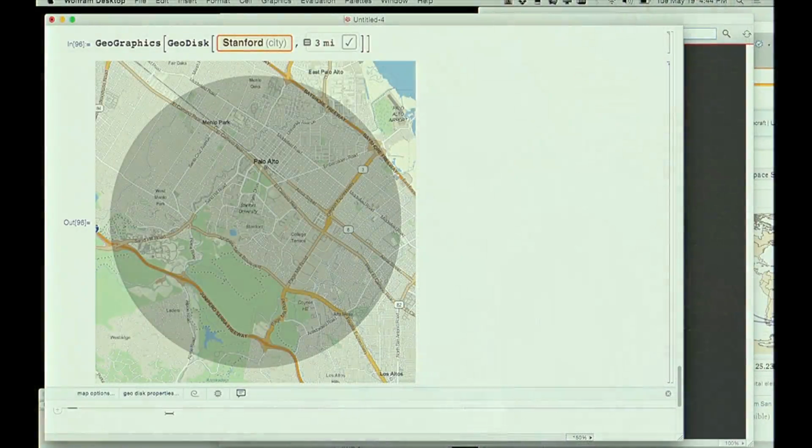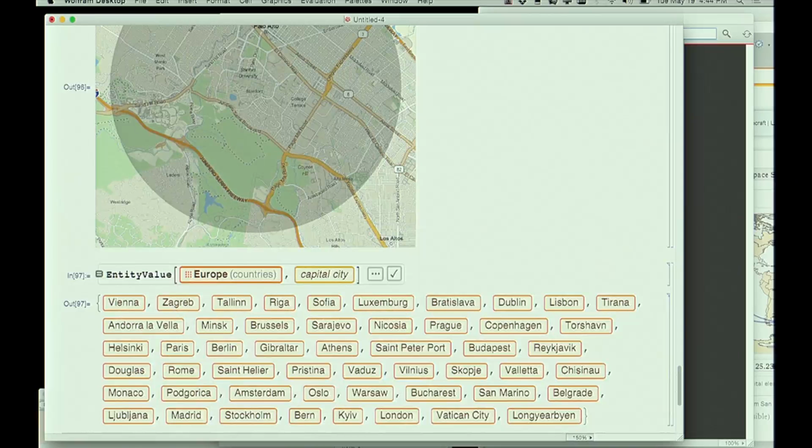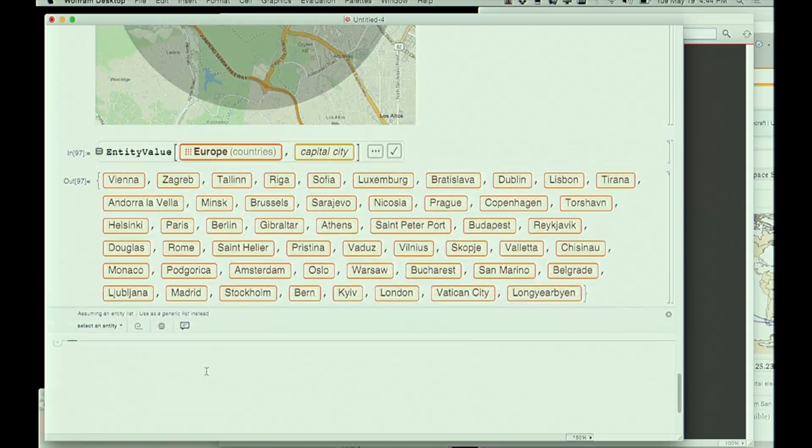Let's try something more algorithmic. How about we do something like this? Let's say capital cities in Europe, for example. Let's see what happens there. Okay, so there are some European capitals.